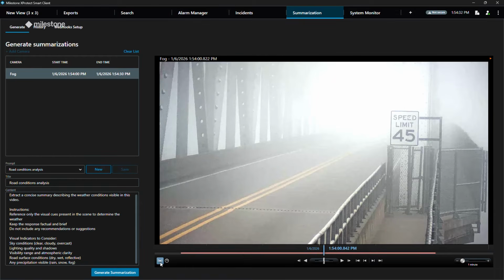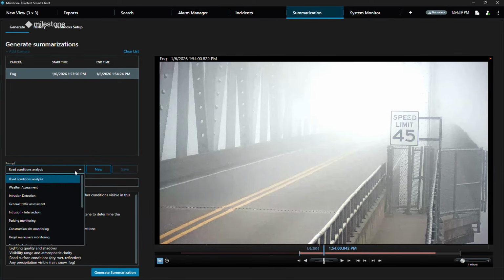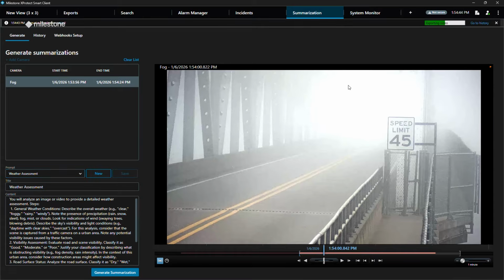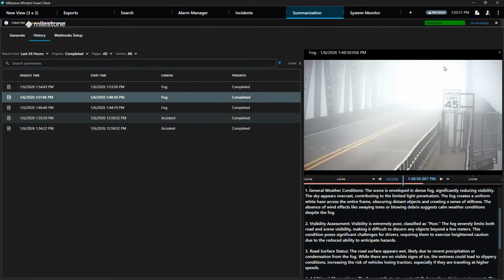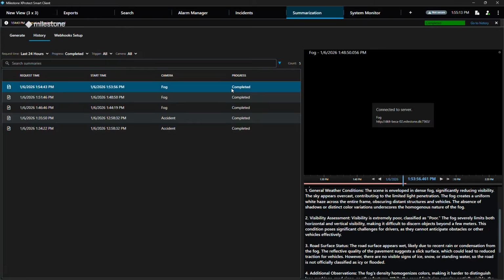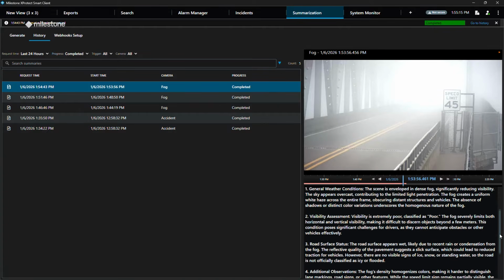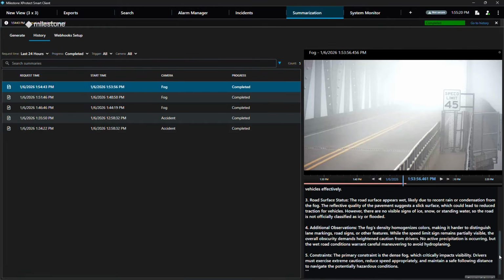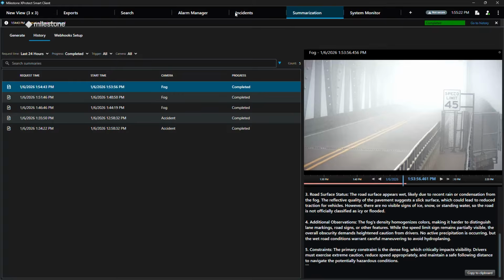The VLM is fine-tuned on many tens of thousands of hours of compliantly sourced video data. In the same way as large language models can answer queries on large volumes of text data, the Milestone VLM can produce an accurate and meaningful response to queries on large volumes of video data. The VLM can be used to automate the generation of reports, validate false positive detections from standard AI solutions, and provide rich text descriptions of complex scenarios.